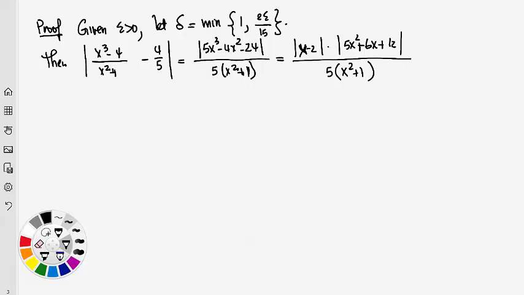And okay, so we call this here star, and assuming that this condition holds,